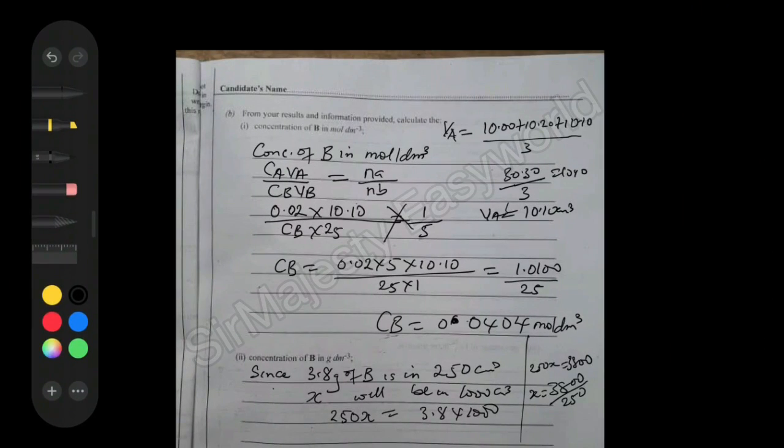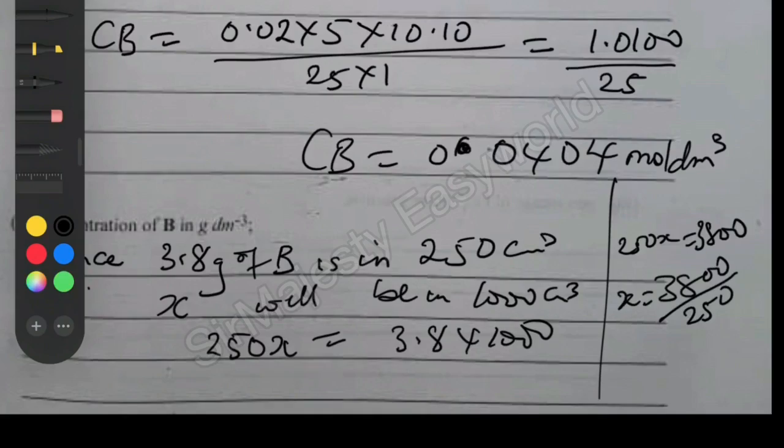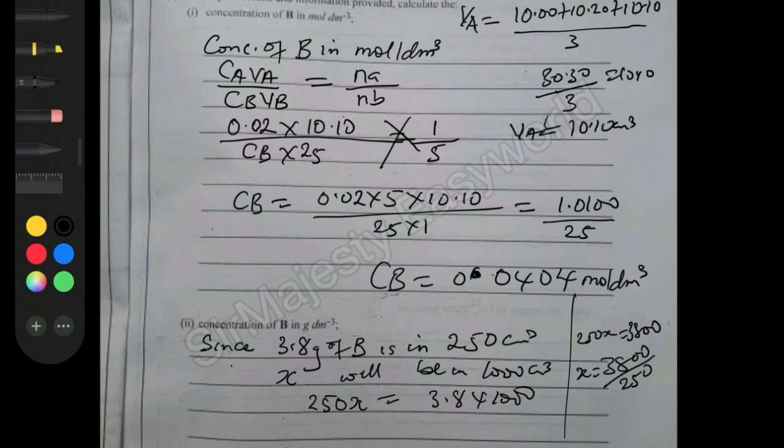So the strength is 15.2 gram per dm cube. You should have these values. So 15.2 gram per dm cube is the concentration of B in gram per dm cube. And remember, you write answer so that the examiner will know you have reached your final answer in each case. So we will take a look at,